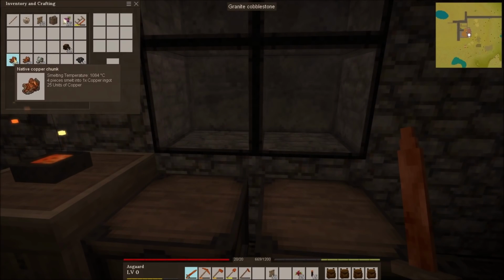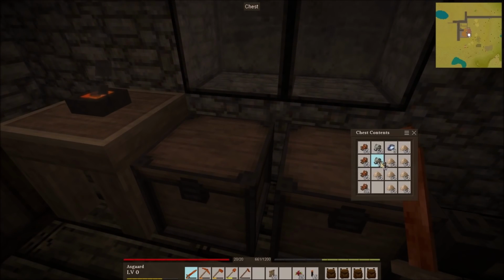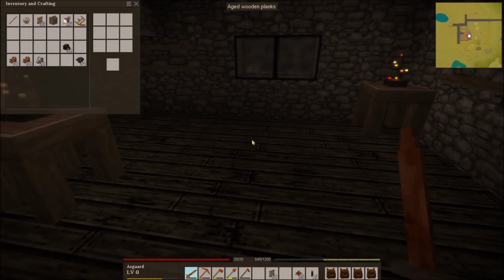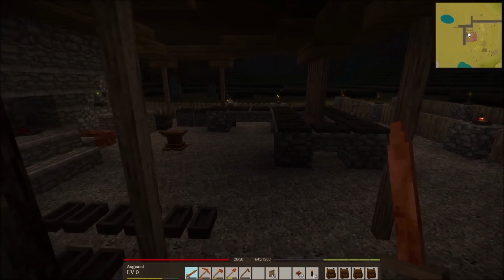If you look here, a native copper chunk is 25 units of copper. A tin ore chunk is 12.5 units of tin. It's half of the copper. So what we're going to need to do is we're going to need to get, in fact, 20 pieces of tin and not 10 pieces of tin, because that's based on not a numerical count, but it is your units that you're going to be using. So there we go. So 90 pieces of copper, 20 pieces of tin,